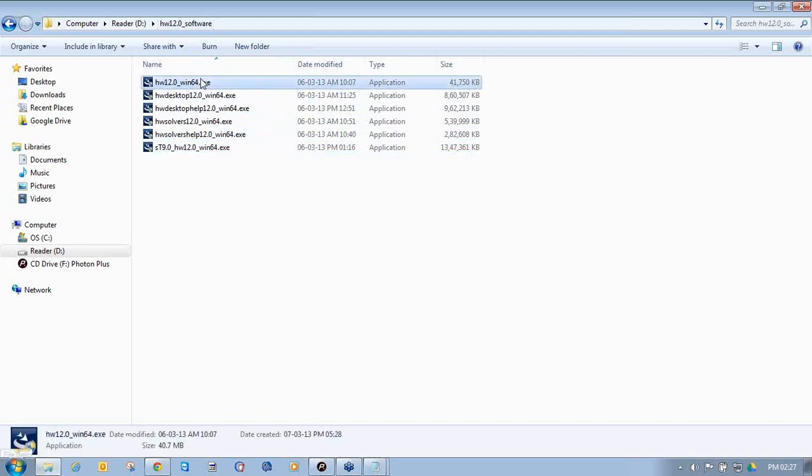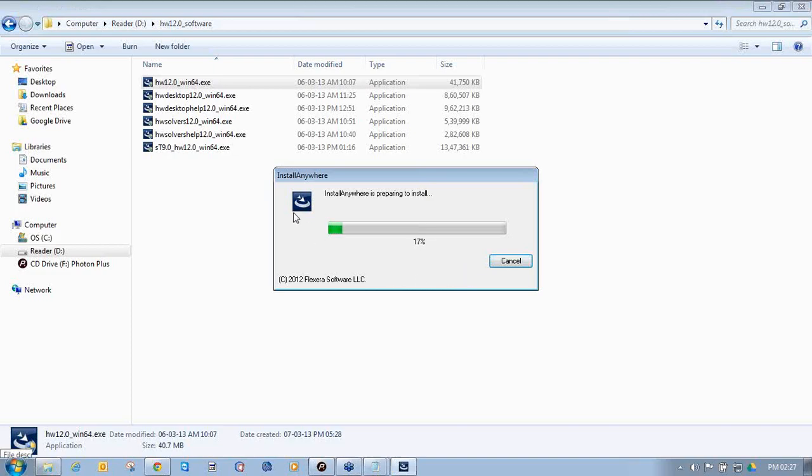Then double click on the master exe file. A pop-up will appear asking whether you want to allow the following program from an unknown publisher to make changes to this computer. Click yes. The InstallAnywhere program will start installing.